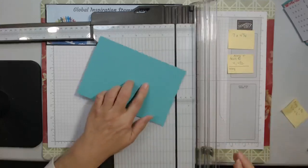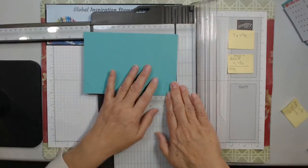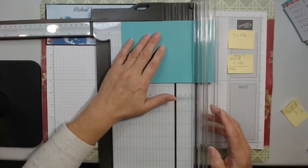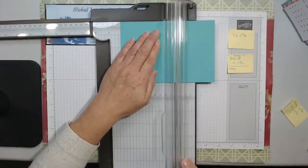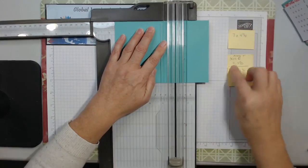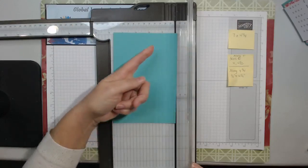along the 7-inch side. So when I say along, I mean the 7-inch side horizontal in your trimmer. You're going to score it at 4 and 4 1/2. So make sure you use the scoring blade. And 4 1/2. And then we're going to turn it 90 degrees, and with the 4 3/4 inch side along